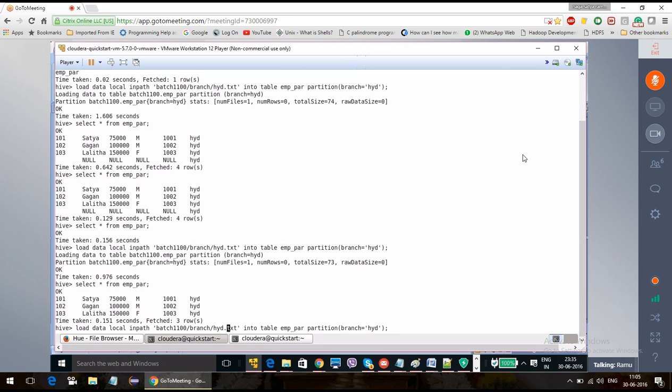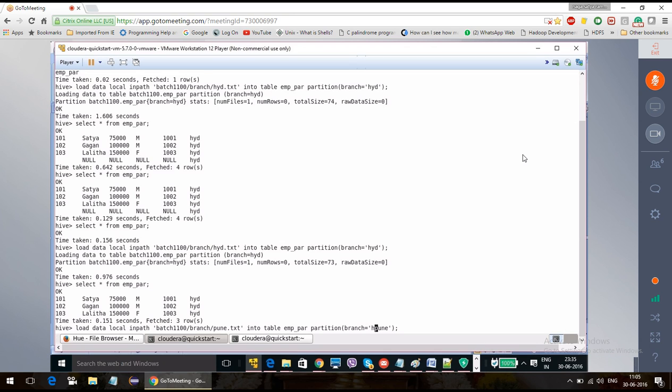Okay, the Pune file. Which partition do I need to move it to? Guys, I need an answer from you. Which partition do I need to move to? Pune? Yeah, so this is where I am moving.